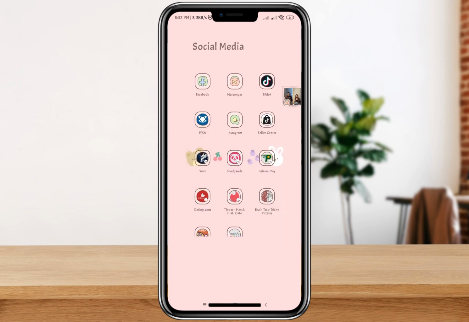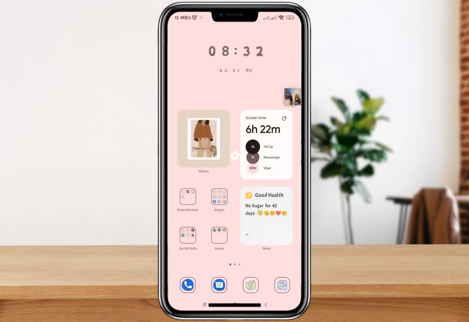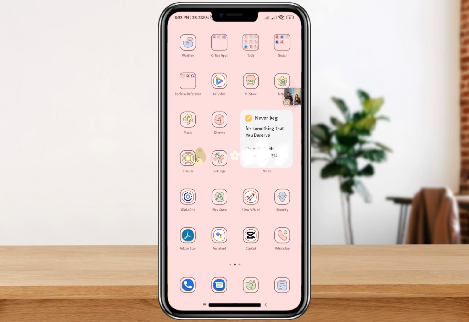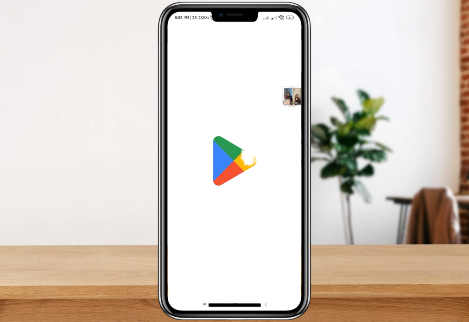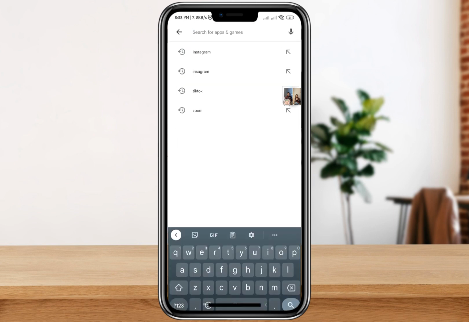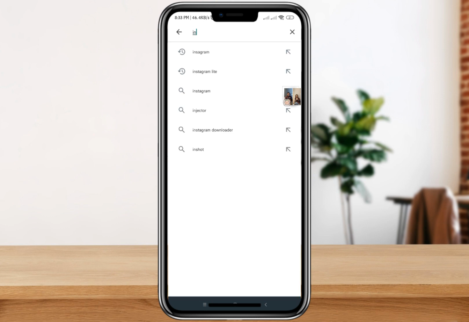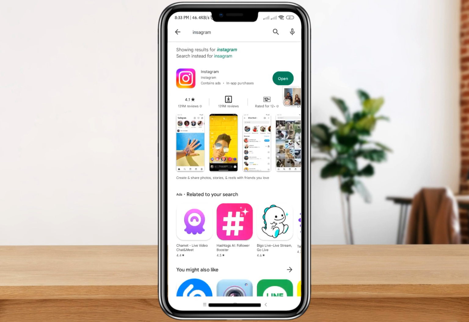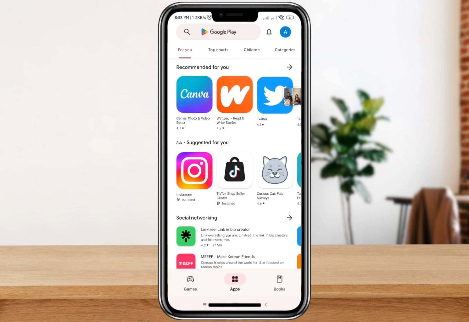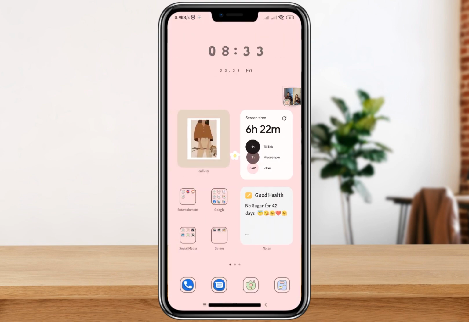So to start, let's first make sure our Instagram app is updated to its latest version. So let's type here Instagram, and then as you can see, my app is updated to its latest version. If your app isn't updated, just click on the update option. So now let's go back to my Instagram account,